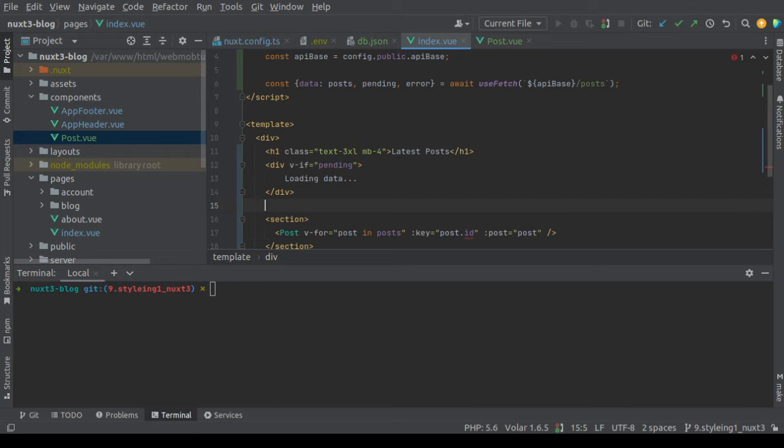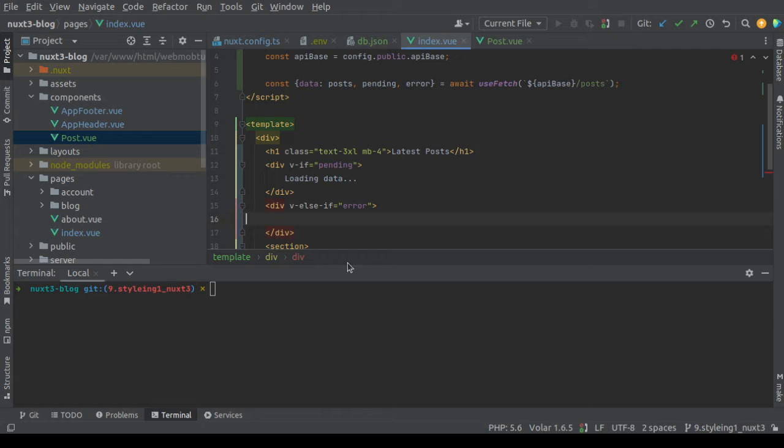Okay, let's add another div with v-else-if an error, which means that the request is done and there is an error. For example, the URL is incorrect or some error coming from the server like 500 or so. Let's add some error message here. For example, let's say error loading results,